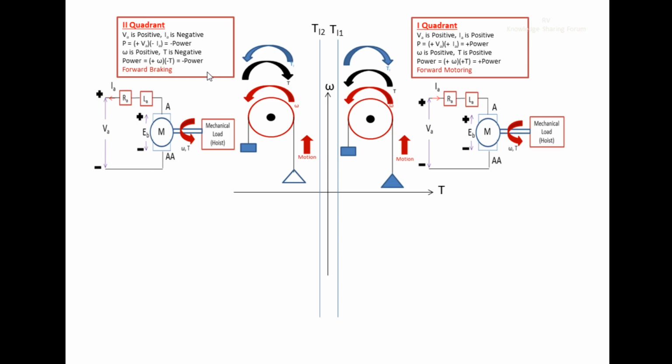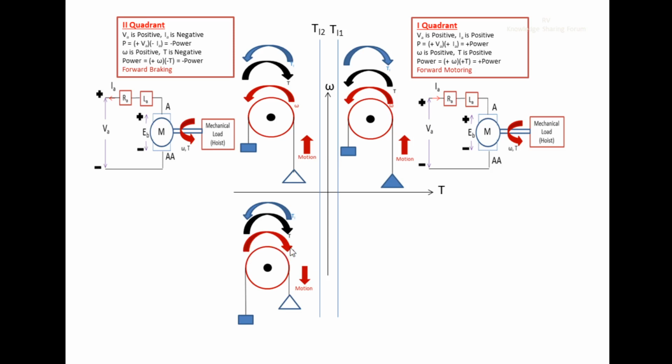Now let us discuss the third quadrant. Here, to one end of the hoist, an empty cage is fixed, and to the other end of the hoist, a counterweight is fixed. If we compare these two weights, as we discussed earlier, the weight of the counterweight is greater. Therefore, this load torque will be in the counterclockwise direction. And here, the motion required for this empty cage is in the downward direction. Therefore, the speed direction will also be in the clockwise direction, or the downward direction.